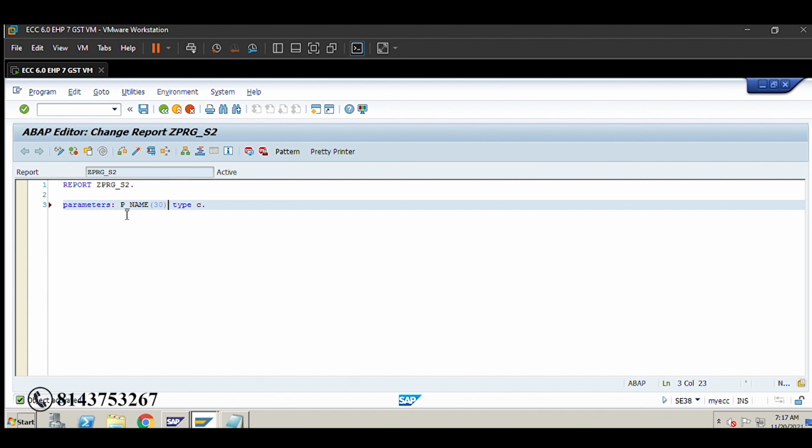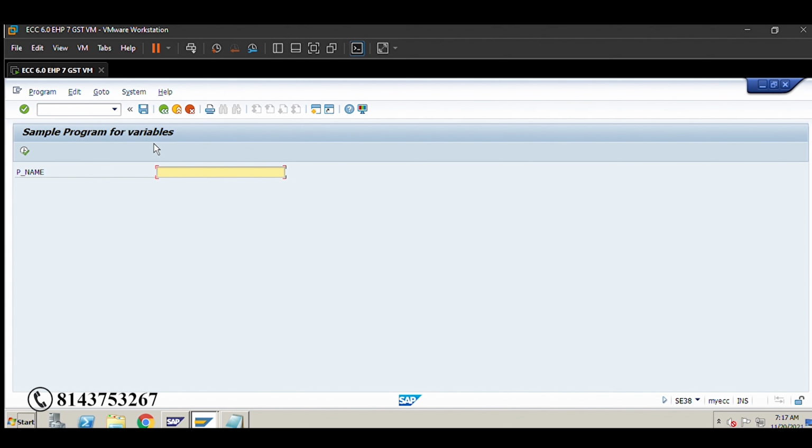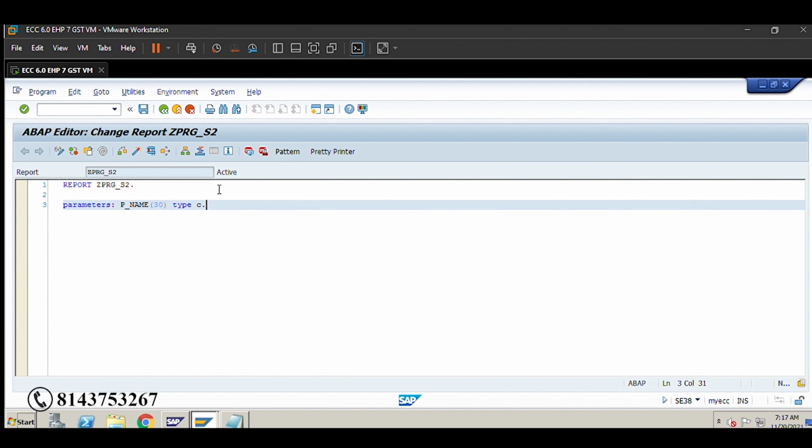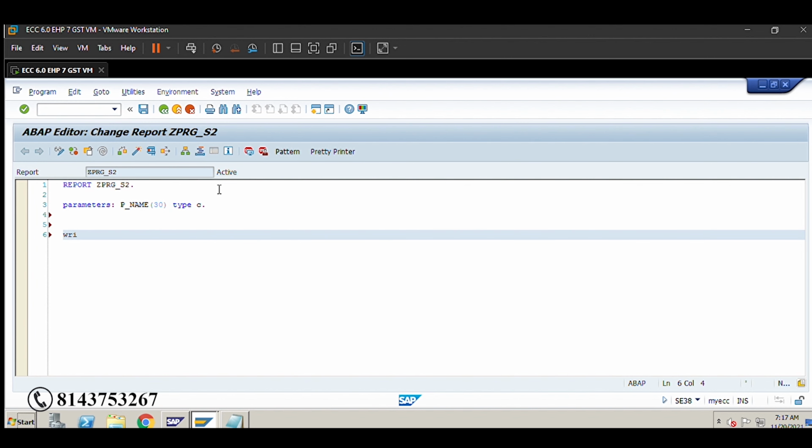Okay. I am defining one variable by using a keyword called parameters. Parameters is a keyword which is used to take value from the end user. Okay. So remember these parameters. Okay. So see here, we haven't given any value to it, right? See what it was asking. It was asking for value. Okay. So what we will do,